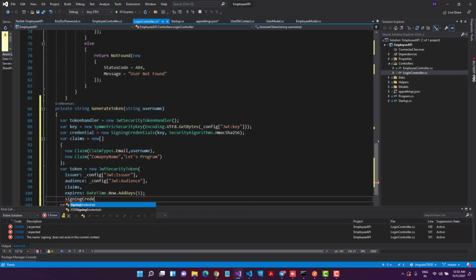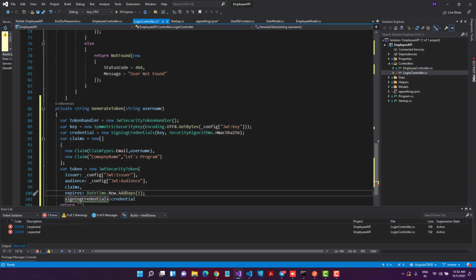Let's pass that value, and let's give the name as the credential which we have created on the top. This S should be small. I think I have a spelling mistake. It is sign in credential.